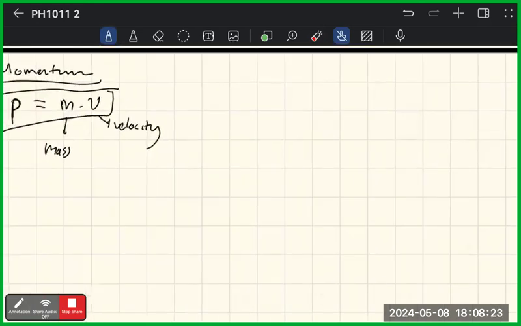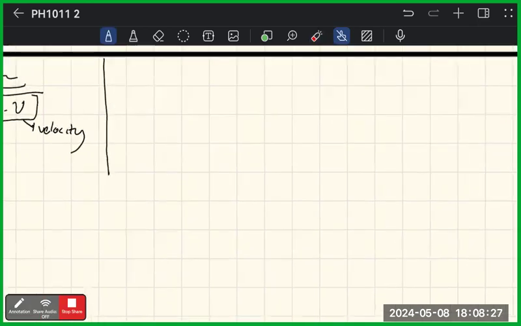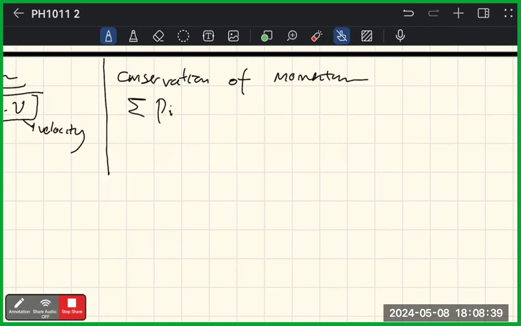For momentum, we'll mostly find questions on the conservation of momentum, which is that the initial sum of P equals the final sum of P, or I mean the sum of the momentum has to be constant